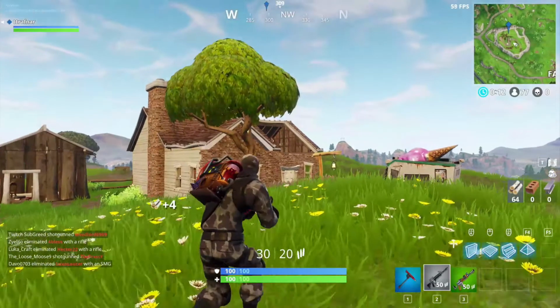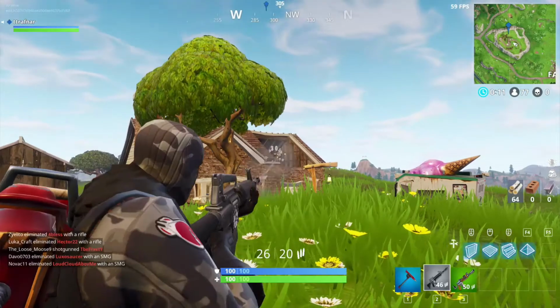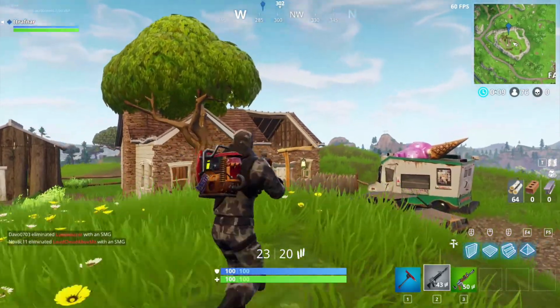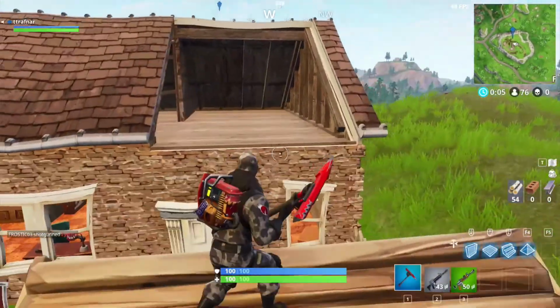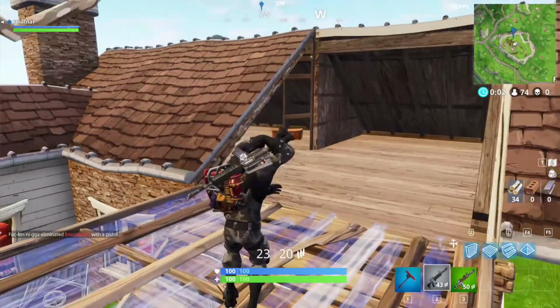So the game Fortnite has become really popular lately, and it's a third-person shooter game where you're in a big map with 100 other people and the last person standing wins. I've been playing it a lot, it's really fun, and one important aspect of this game is to set up